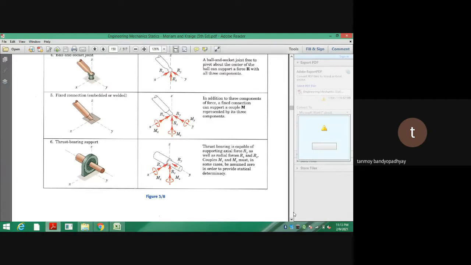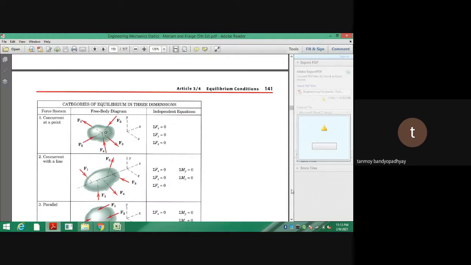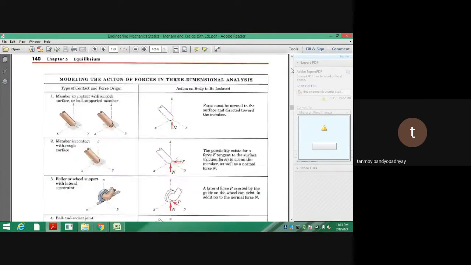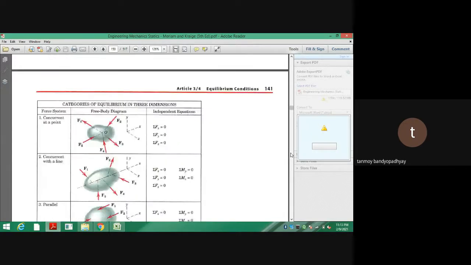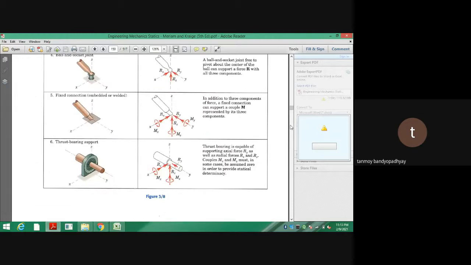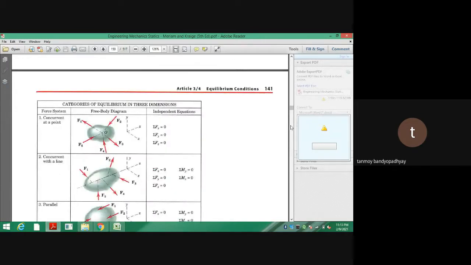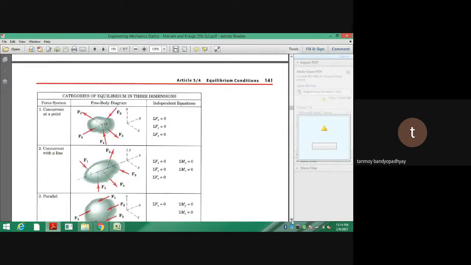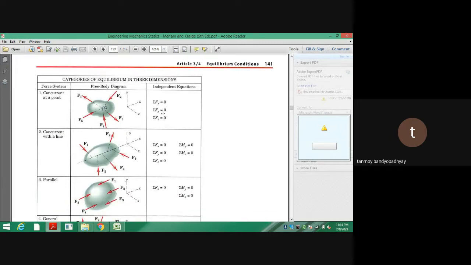So these connections, you can actually study. I'll be asking you to study these two things. Page number 157, 158 and 159. These pages you study, and tomorrow if you are having any problem. As you can see, what are the independent equations? In the first one, you are having 6 independent equations, 3 independent equations you are getting. In the second one, you are getting 5 independent equations. So you can solve it for 5 unknowns. And then the third one, just see these problems.